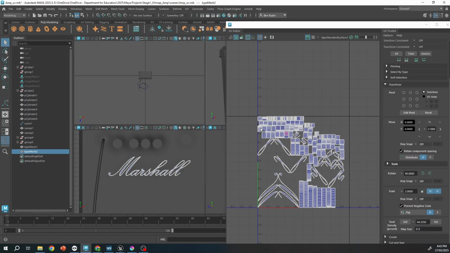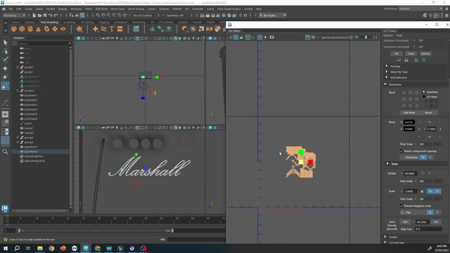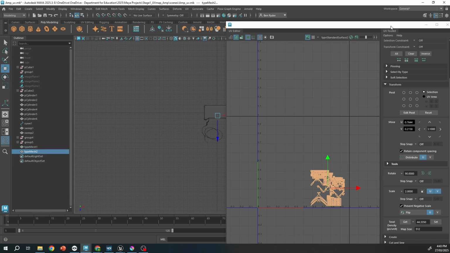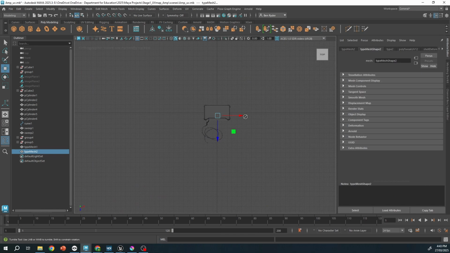That can exist there, and that UV can exist in the corner here. So that when we now combine this all together,